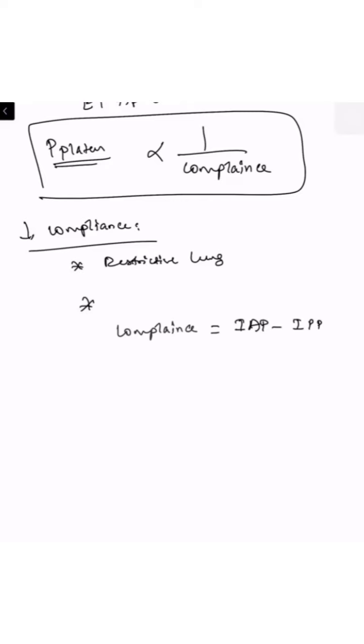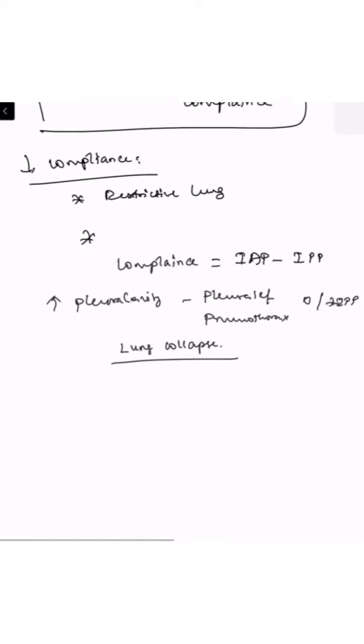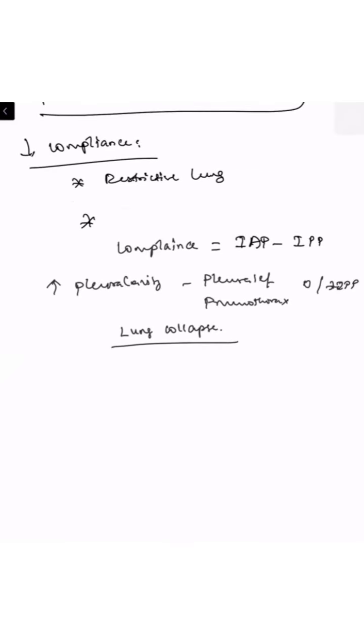Whenever there is an increase in the alveolar pressure or a decrease in the pulmonary pressure, you will end up having increased compliance. But if something is increasing in the pleural cavity, for example pleural effusion or pneumothorax, automatically this will increase the intrapulmonary pressure. So the negative pulmonary pressure will go to 0 or positive intrapulmonary pressure. This will always reduce the compliance, and it will also cause the lung to collapse because we do not have the normal compliance here. So because of pleural effusion or pneumothorax, you may have reduced lung compliance.